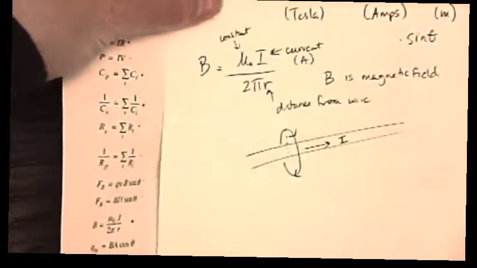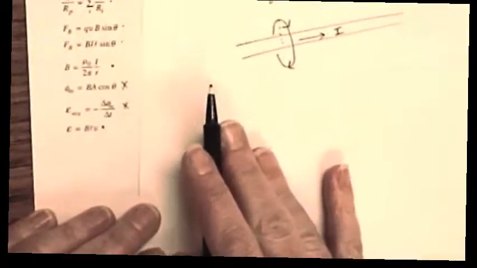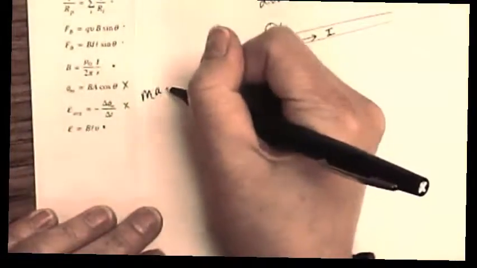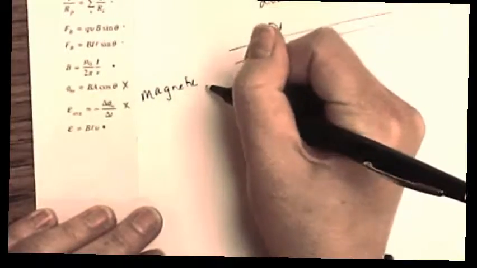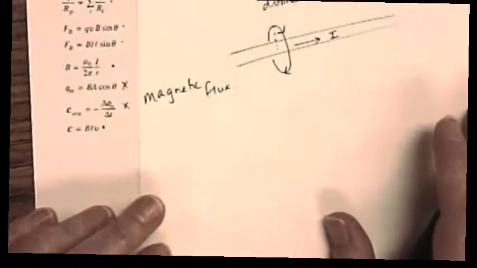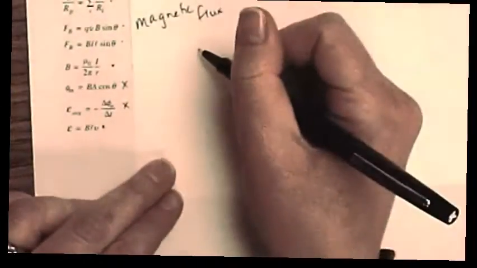The last formula that we're going to look at is this last one. We're going to skip these two. These two are for something called magnetic flux, which we will touch on later. But let's take a look at